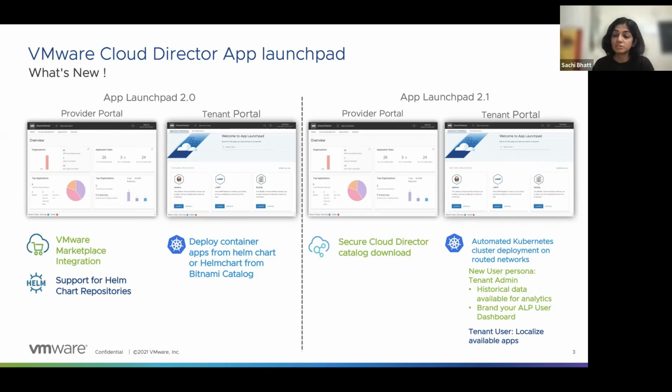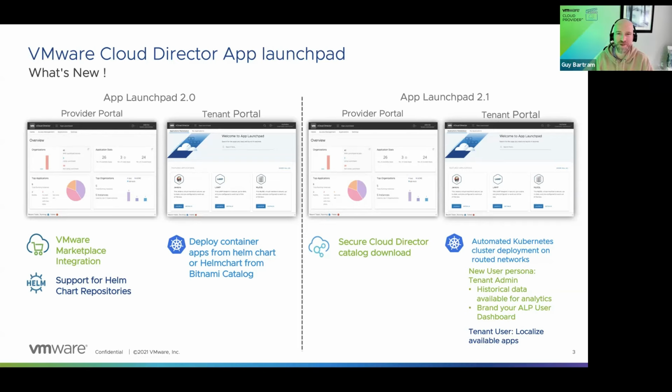And for the tenant user, we have added extra filters to localize the application deployment experience. We will walk through these components in detail in slides as well as in the demo.